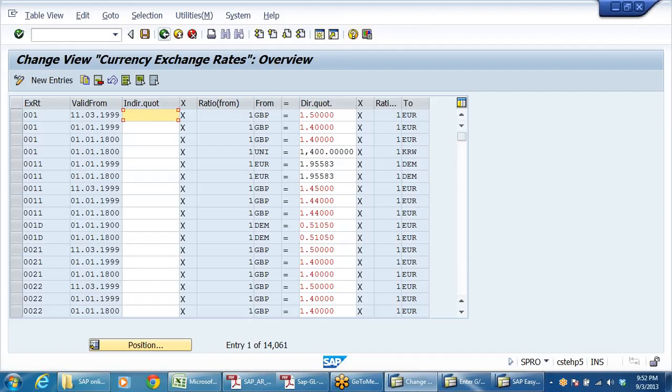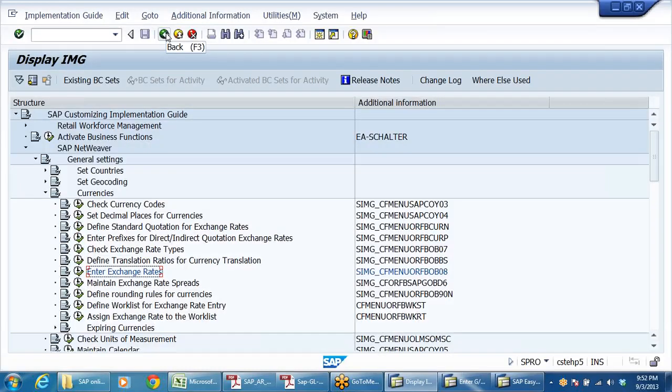System picks up that rate. So that facility also we have, that is dynamic rates. You'll get the exact dynamic rates. That depends upon the requirement. Whatever the rate that you want, that will do that.